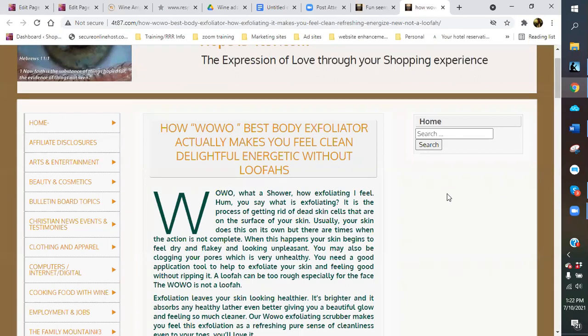So never, ever give them access or let them know what it is. That's what your page is for. So once they come in and read, that's where you introduce WOWO. That's where you introduce QB54. Never in your title, never in your key phrase. Okay. So that's one of the things you want to do.